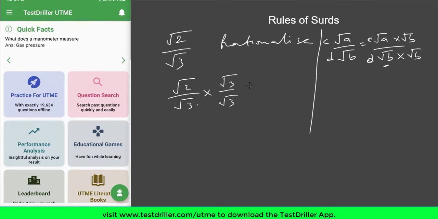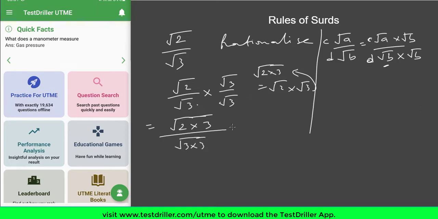So let's simplify this. You multiply both sides by the denominator, and you get root 2 times 3. If you apply the second rule, which says you can break it apart and bring it together, root 2 times 3 is equal to root 2 times root 3. And I can also reverse the process, bringing them back together. Then this is root 3 times 3, and this gives root 6 divided by root 9,